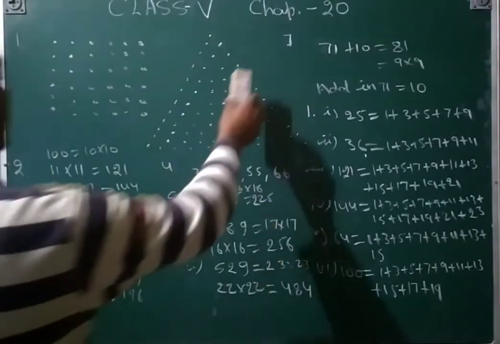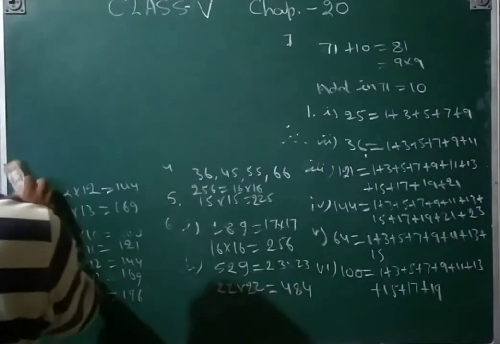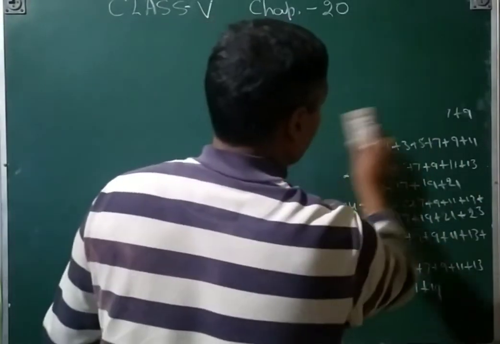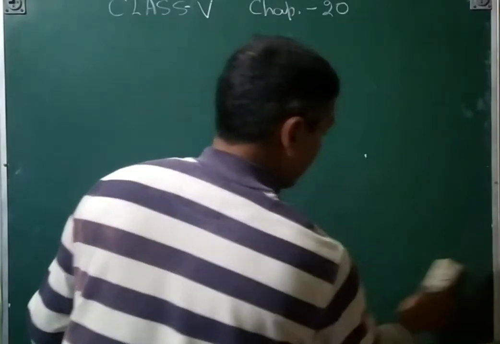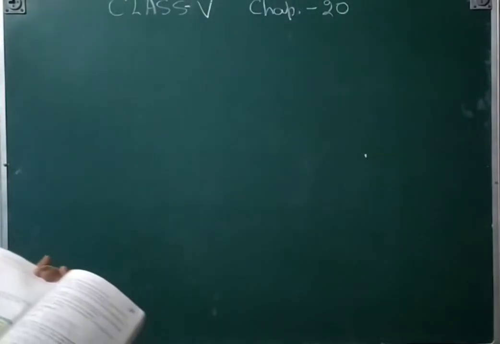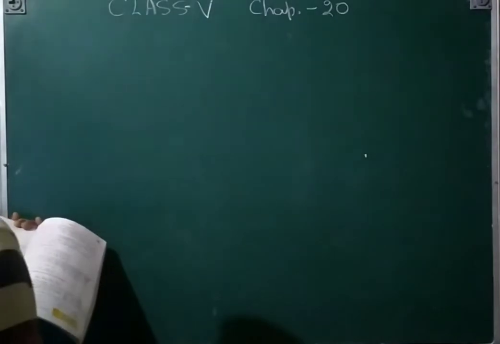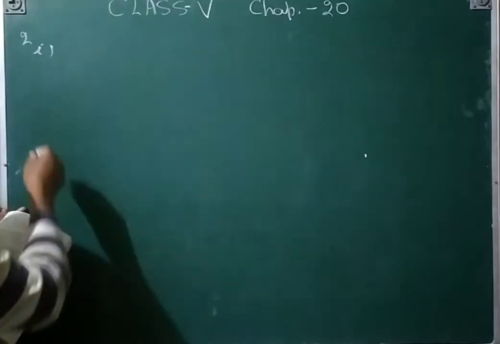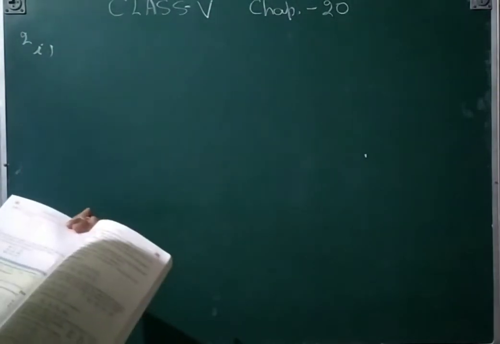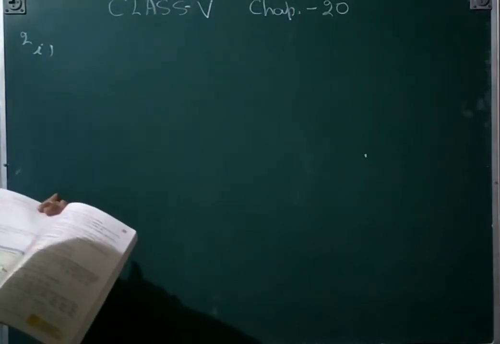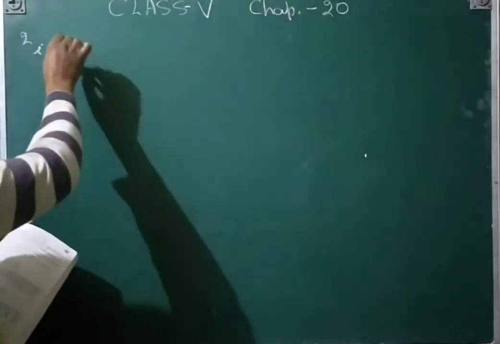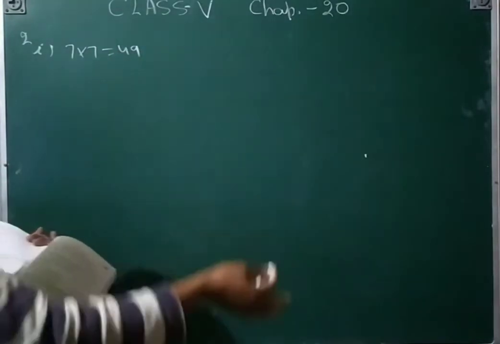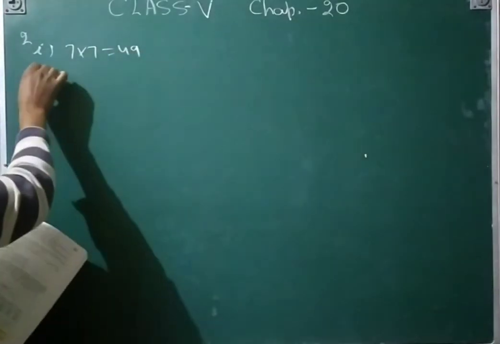And then question number 2, you will see. Question number 2: without actual adding, find the following sums. So that is the first part of 2. It is written 1 plus 3 plus 5 plus 7 plus 9 plus 11 plus 13. So that number is 7 terms. So 7 multiplied by 7 is equal to 49. Without actual adding, that will be the right answer.